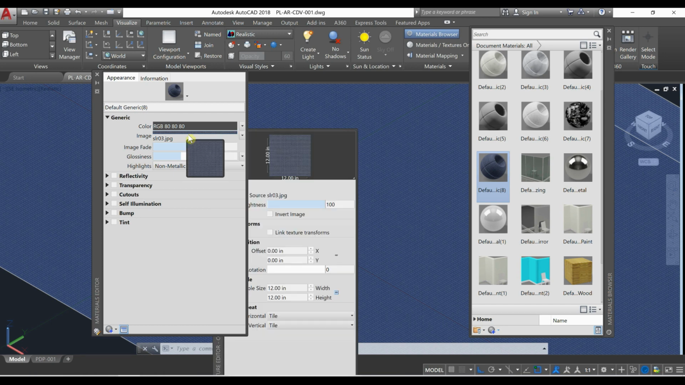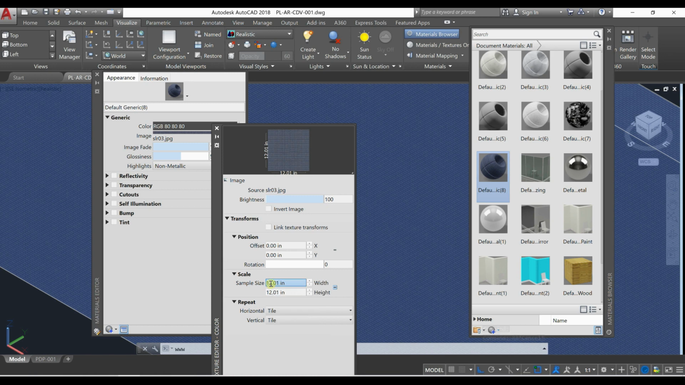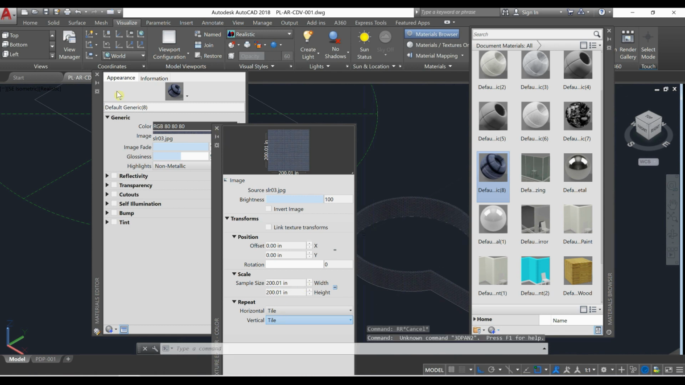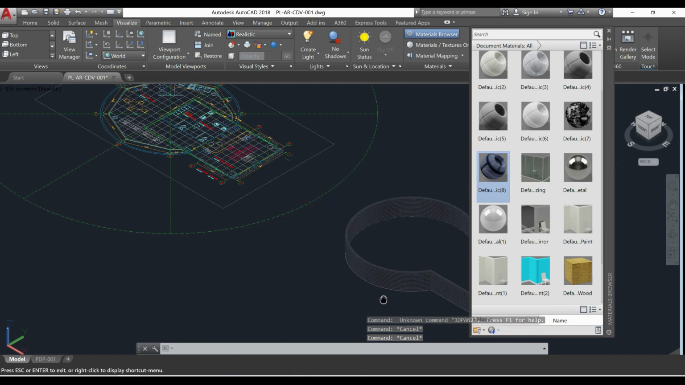I will click on the image. Let me move this a little bit forward, and I will change the scale from 12 to 200. Okay, the scale changed and it looks much better. I don't need to change again the scale. I will close these windows,